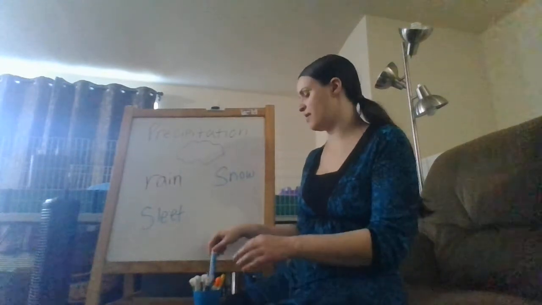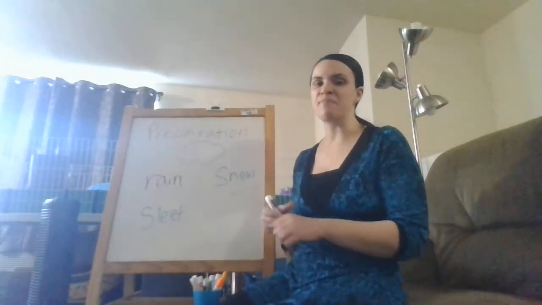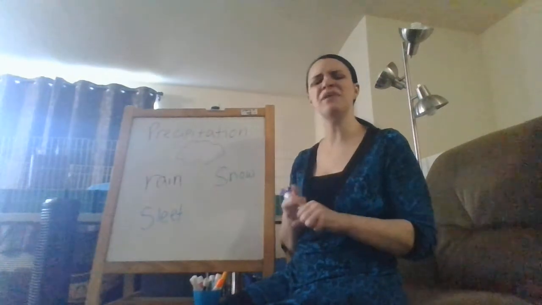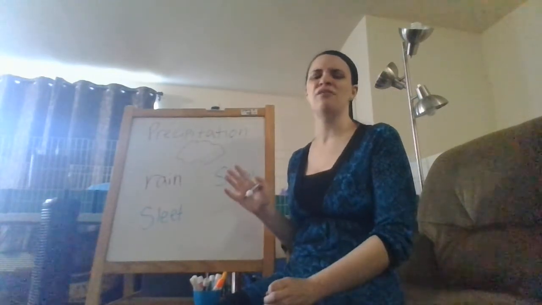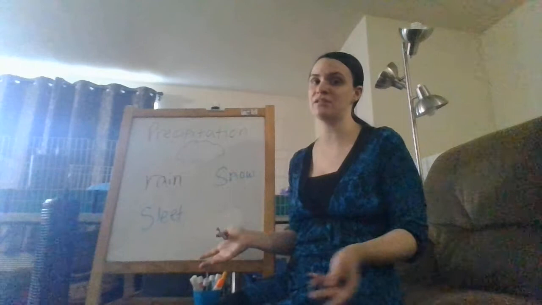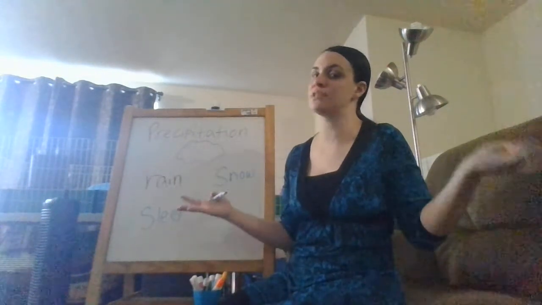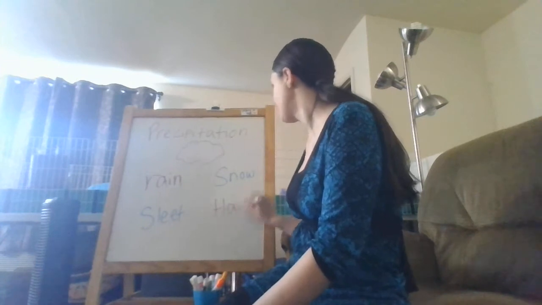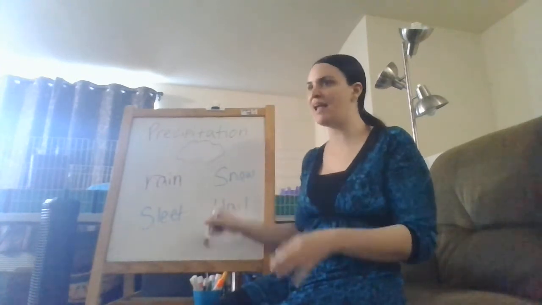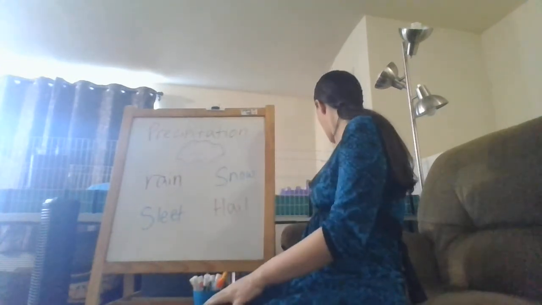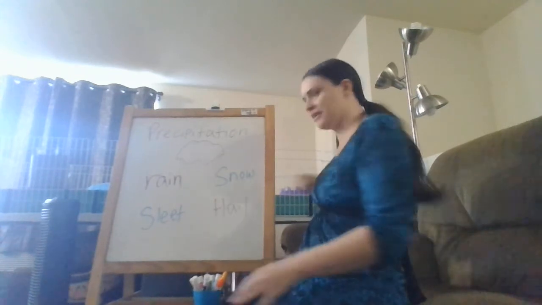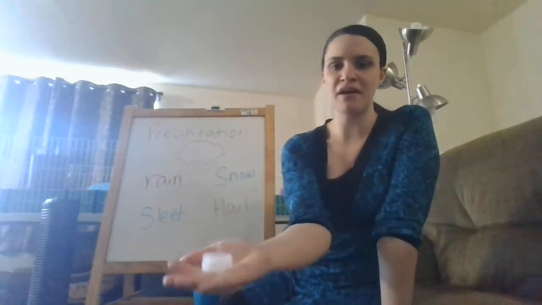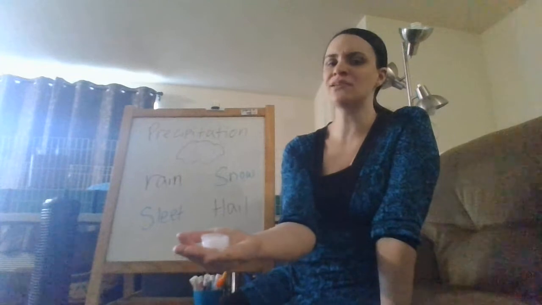Now our last one happens to be frozen as well, but it's something that's a little strange because it doesn't really happen so much in the winter as it happens during thunderstorms, which happen most of the time in the summer. And this is hail, okay? Now remember, hail are big, big chunks of ice. I happen to have, oh, it's starting to melt a little, but I happen to have some ice here, okay? This will be like hail, okay?